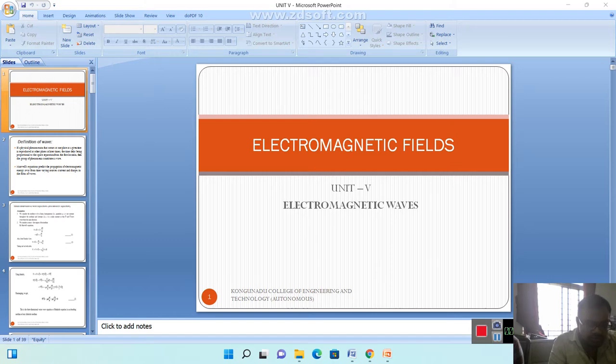Now we are going to discuss what are all the subtopics available in this unit 5. So: derivation of wave equation in free space and dielectric, wave equation in phasor form, reflection of plane waves by a perfect dielectric at a normal incidence, wave polarization, linear polarization, elliptic polarization and circular polarization, Poynting vector and Poynting theorem. These are all under the category of unit 5 in electromagnetic waves. So first we are going to discuss